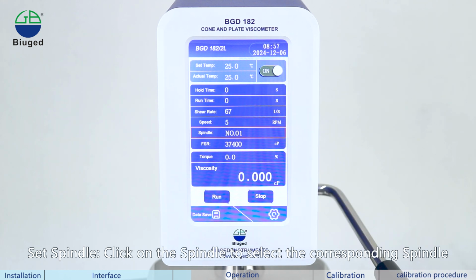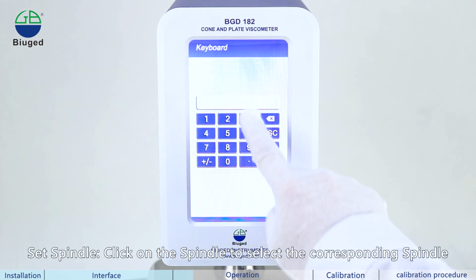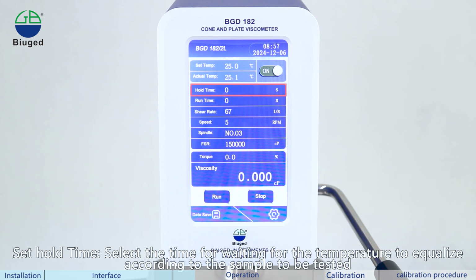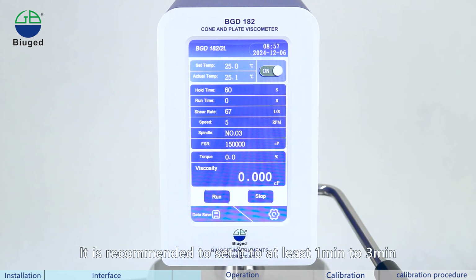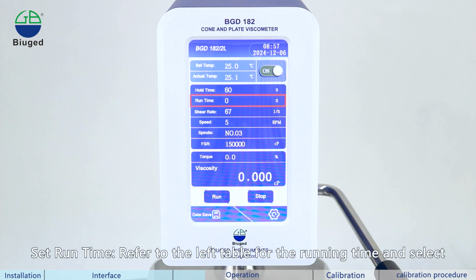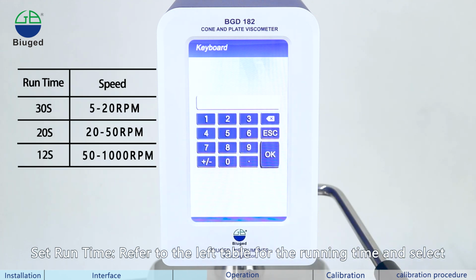Set spindle. Click on the spindle to select the corresponding spindle. Set hold time. Select the time for waiting for the temperature to equalize according to the sample to be tested. It is recommended to set it to at least 1 minute to 3 minutes. Set run time. Refer to the left table for the running time and select